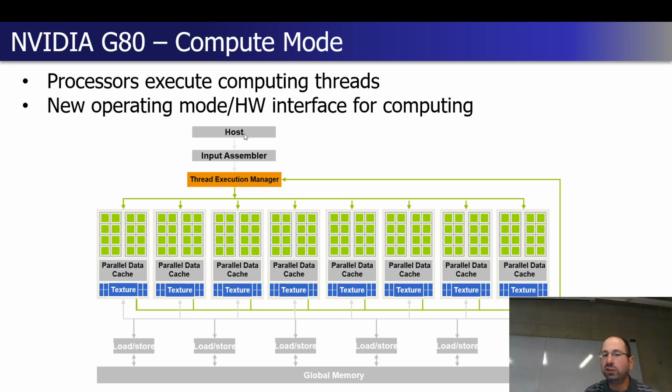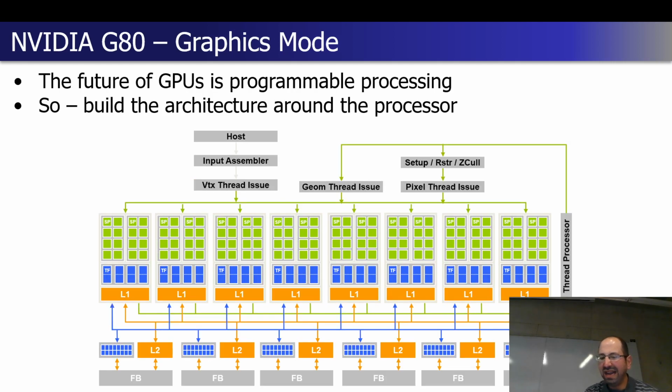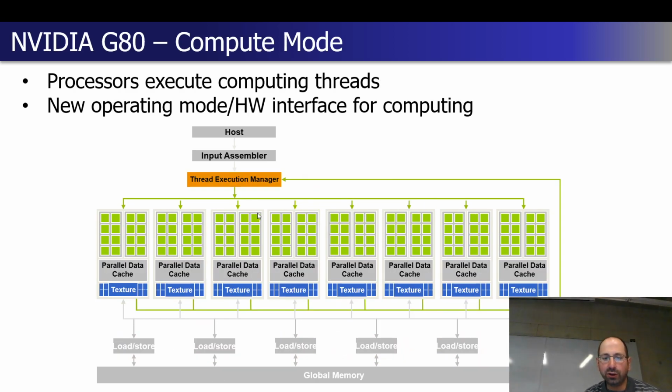Now we don't think of things in terms of vertex fetching and rasterization and generating of threads and that mechanism. Now, and it's presumably the same exact piece of hardware here, just relabeled as thread execution manager. Now we're being told we need to execute this many number of threads, go launch them, collect results when they are all done. Now, in terms of what our interface is to memory, it is the same still physical hardware here. You can still have textures, but whether you do or not, you can have textures in your CUDA calls.